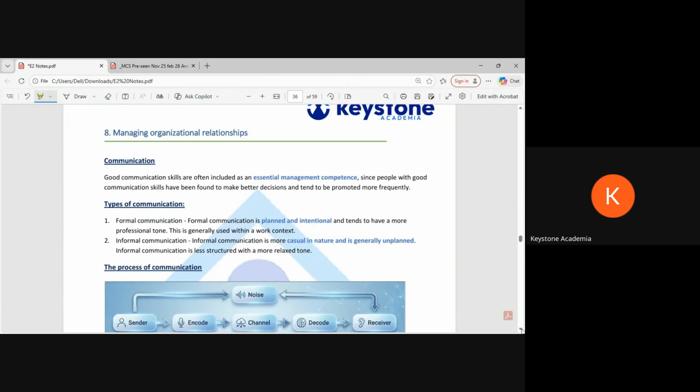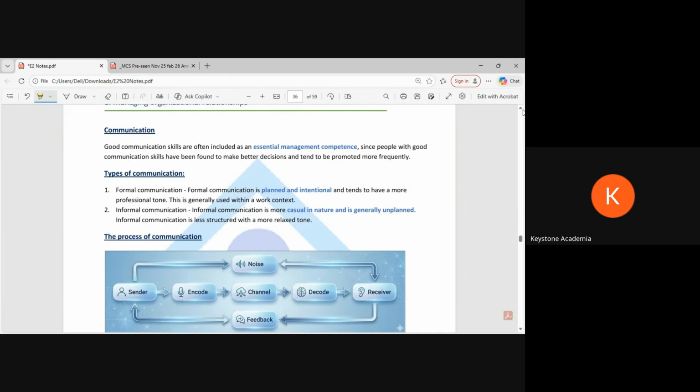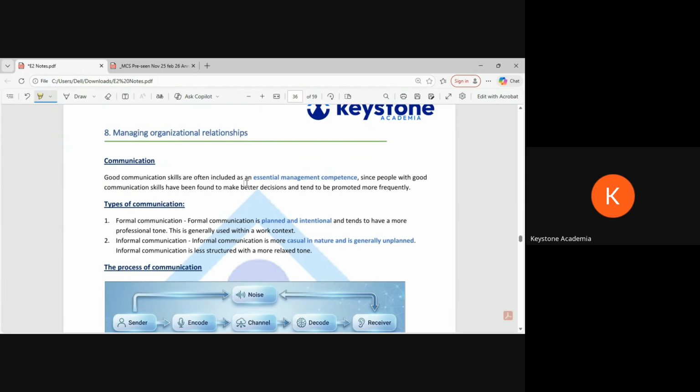Now, continuing in that, managing organizational relationship. Organizational relationship doesn't mean building any personal relationship, but if the other person has respect for you, you have respect for your manager, and if you are a manager, your team has respect for you, definitely things will be better. So how do we manage that relationship? Like we discussed a little bit yesterday, everything comes down to communication.